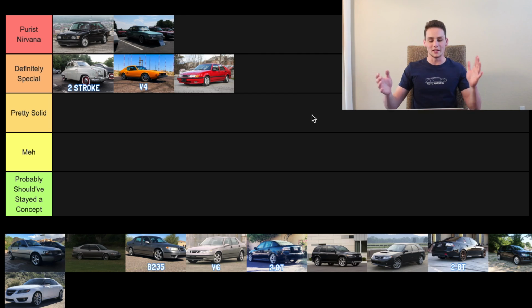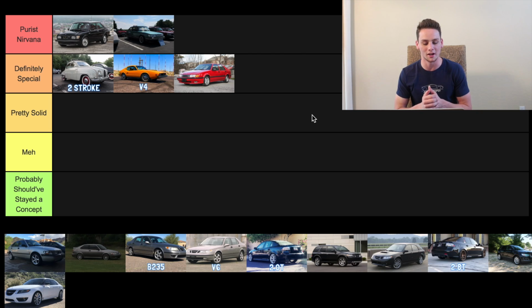And you guys can see already this is a very top-heavy list, but I promise you I'm going to try to be a little bit more harsh towards some of these newer models, especially some of these GM era Saabs, as we progress through it. So next up,